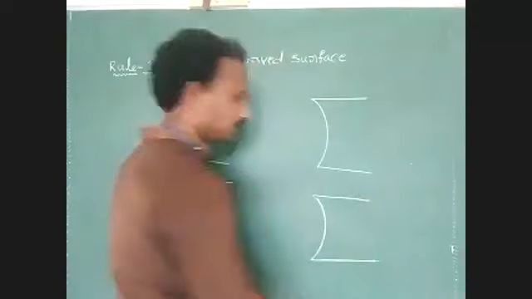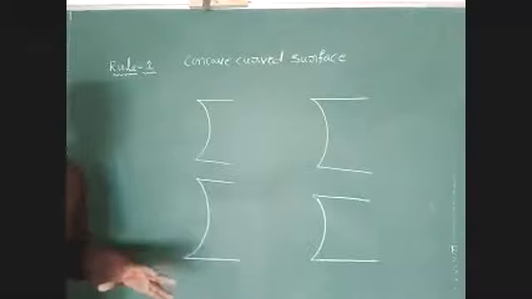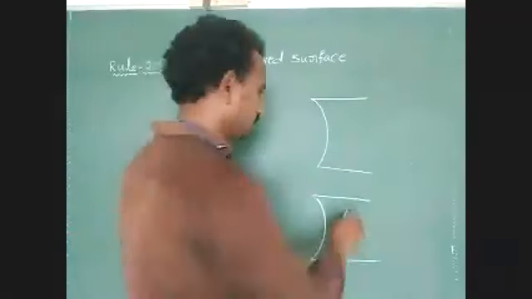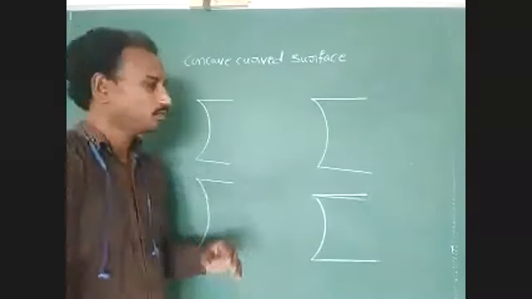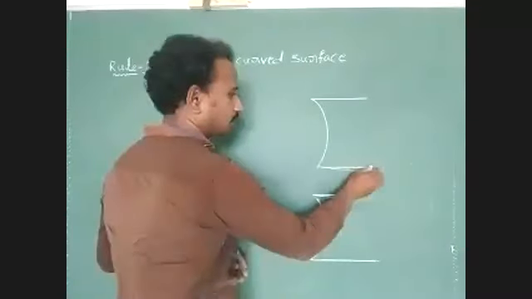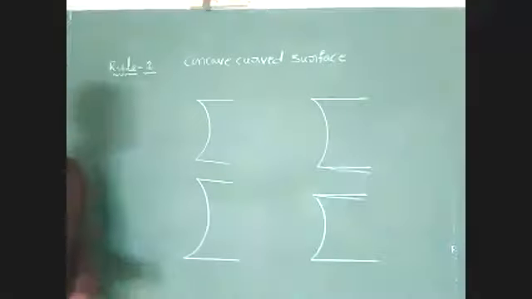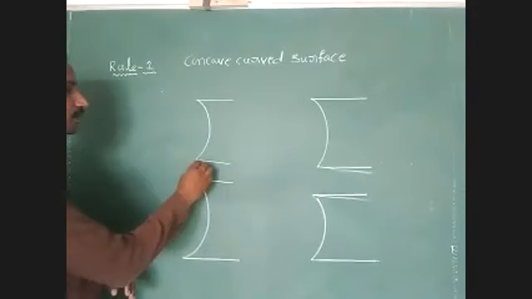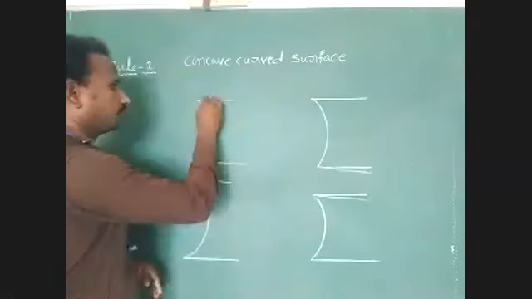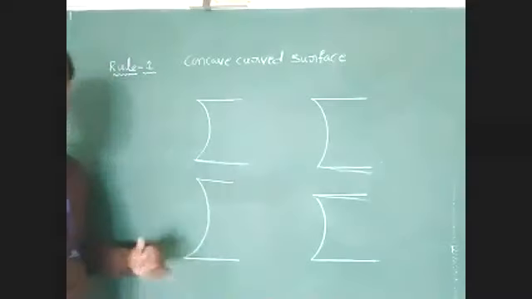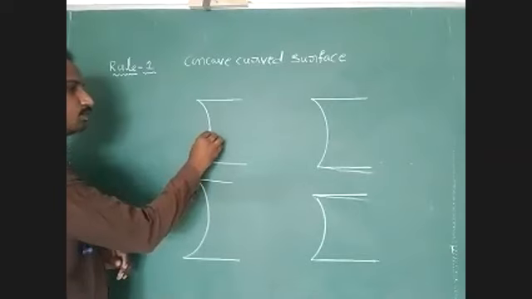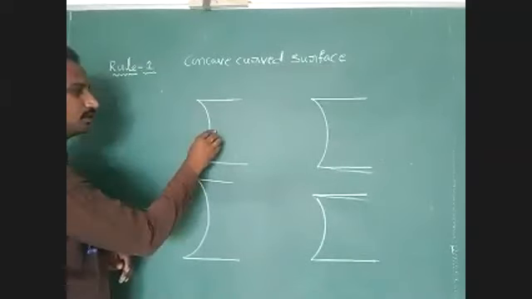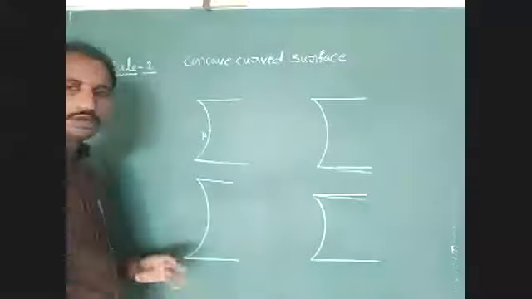Now in 4 conditions, we have to apply the laws of refraction. How many conditions? 4 conditions. Okay, first, condition 1: if a ray of light is parallel to the principal axis. Now we have to draw the principal axis. Here, the midpoint of this curved surface is represented as the pole.